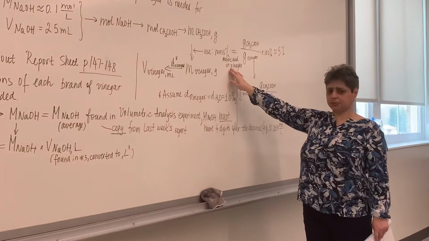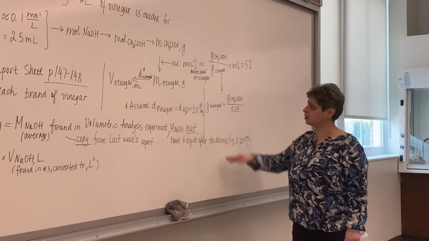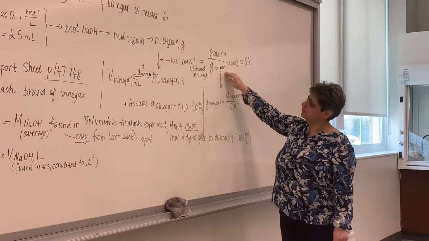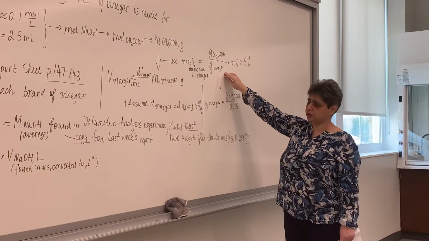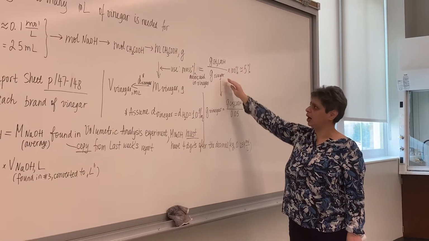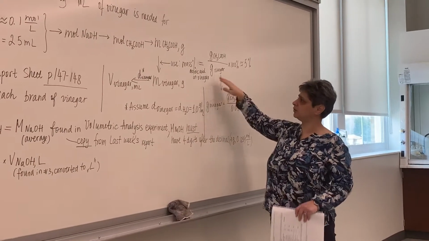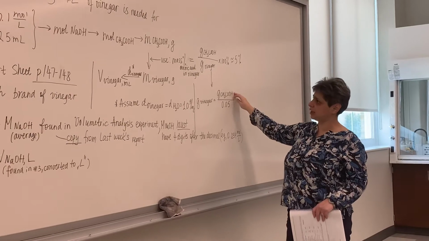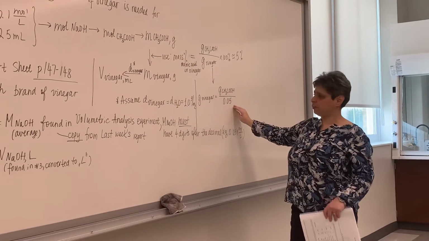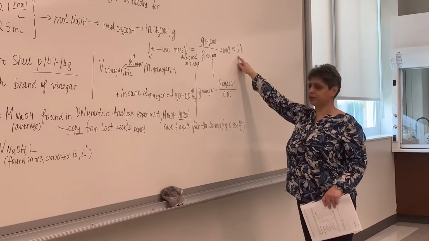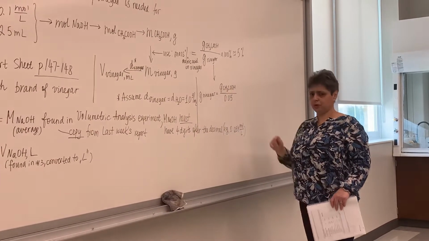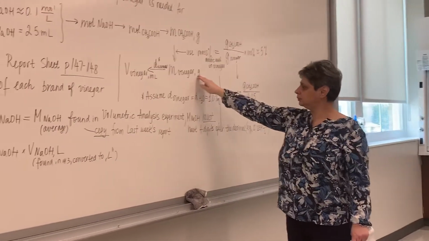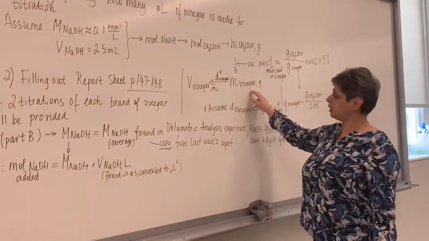But how do we find mass percent? Well, mass percent is typically found as grams of the component of interest, in our case, it's acetic acid, divided by total mass of mixture or solution. In our case, that solution is vinegar. So assuming that mass percent of acetic acid in vinegar is about 5%, grams of vinegar can be found as grams of acetic acid found up here, divided by 0.05. Why 0.05? Well, because 5% divided by 100 is about 0.05. So you're going to find grams of vinegar here,